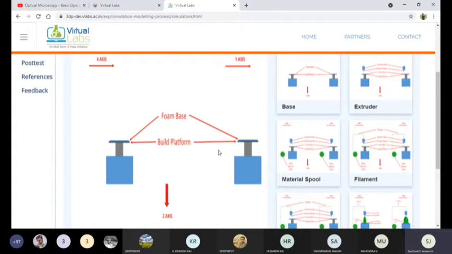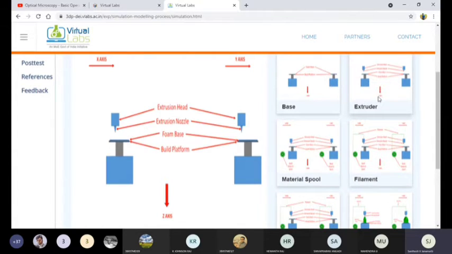I hope you understand. Second, after the base, you can press the extruder button. We can see the two extruders on both sides. Once we click the extruder button, the extruder device, our head, is ready for positioning. We can see the extruder nozzle.